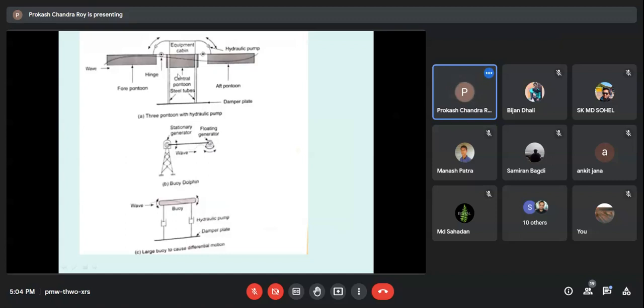The same thing happens in a single component: it goes up and down, and up and down means here you will get the compression, here the suction. So these are simple devices that can be utilized to lift water, to compress air, or to give some motive power or shaft power